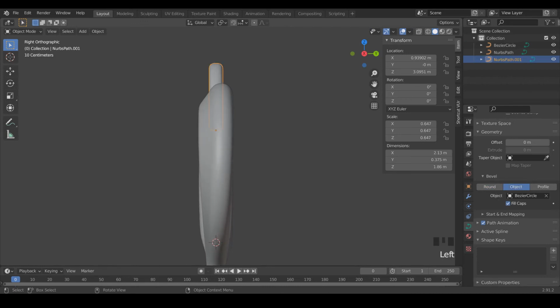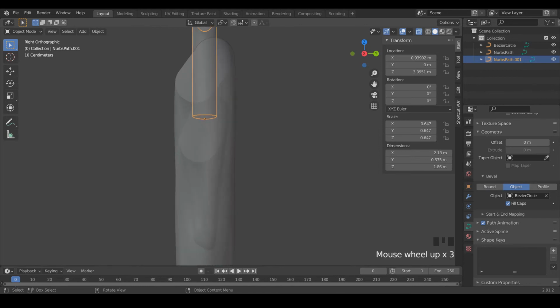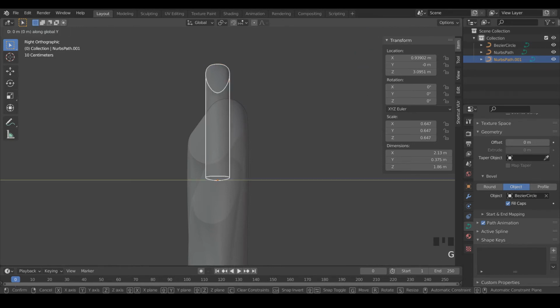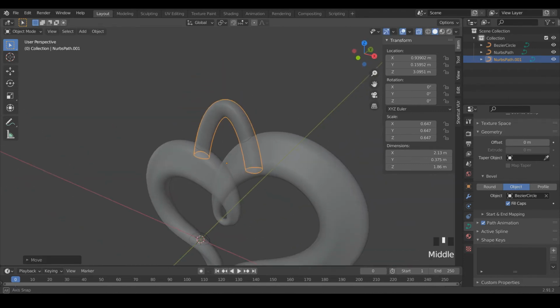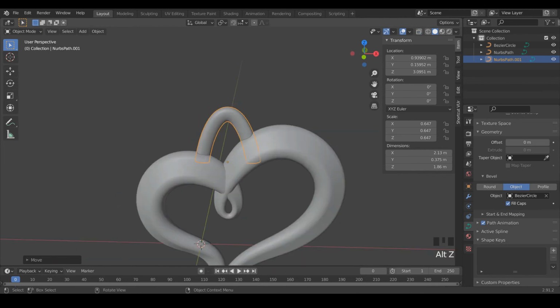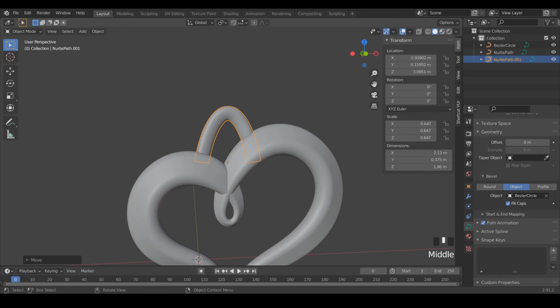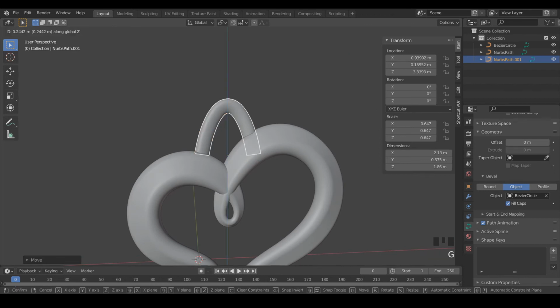And just to see everything better, I'm going to hit Alt-Z. Then I'm going to move this back on the Y plane just so it's at the top curve of our charm. Alright, that's not bad. I'm going to bring it up a little bit more.